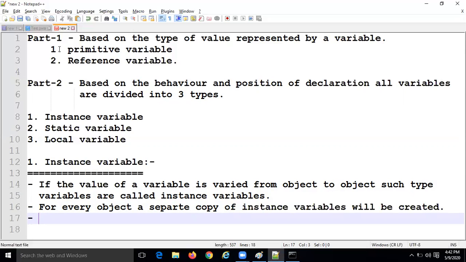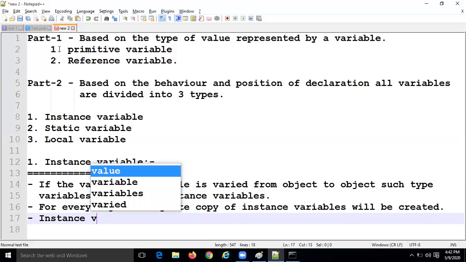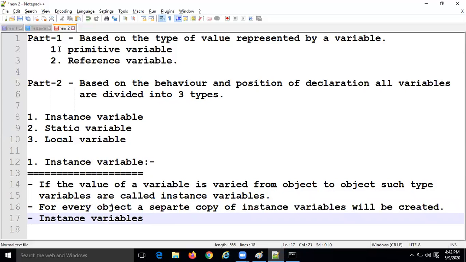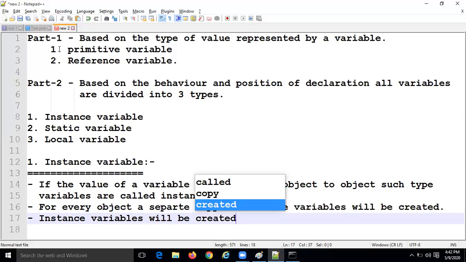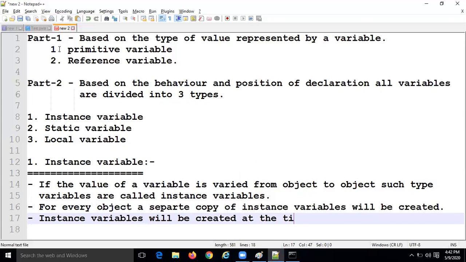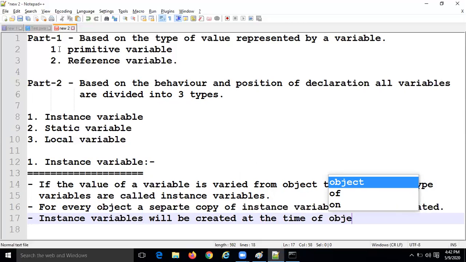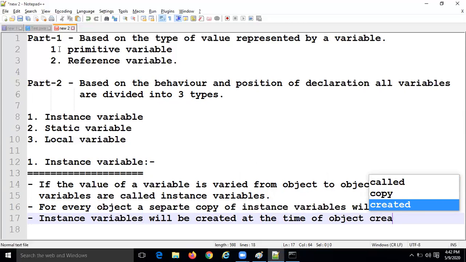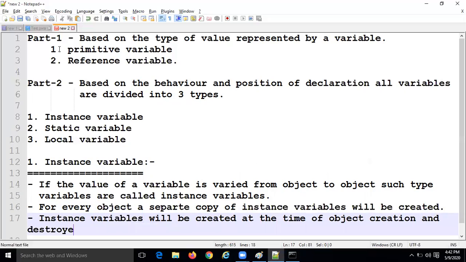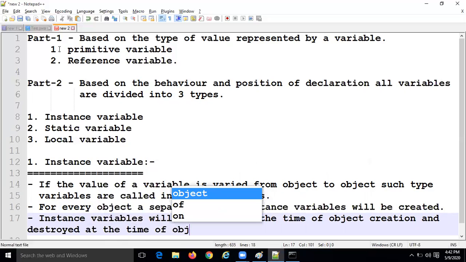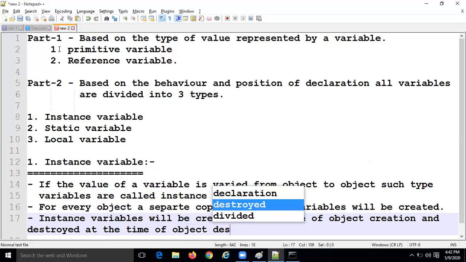Okay, right. Let me type here. Instance variables will be created at the time of object creation, and destroyed at the time of object destruction.